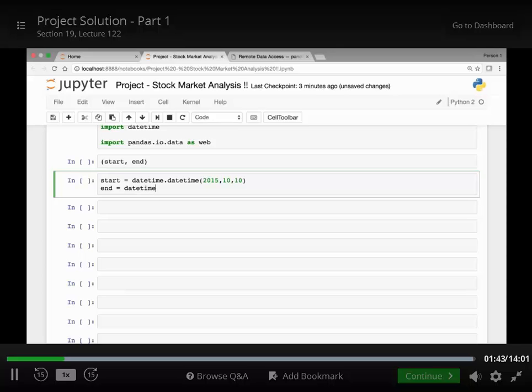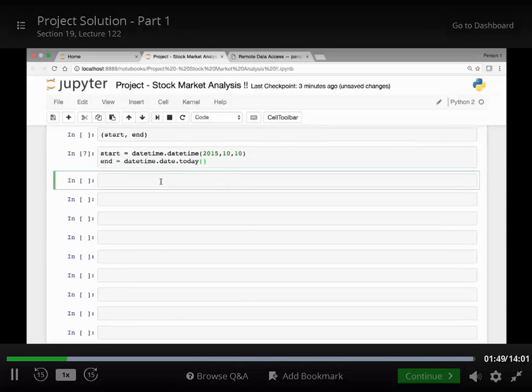Then we'll say datetime.date.today. Okay, once we have those, we can use the data reader method and pass the start and end time. So we'll say web.DataReader,